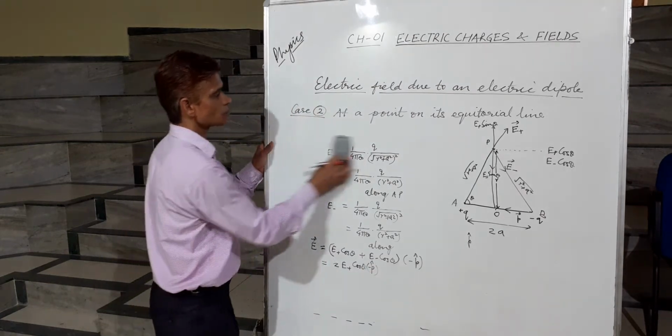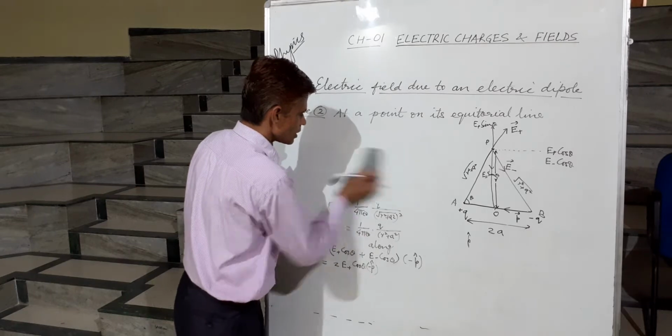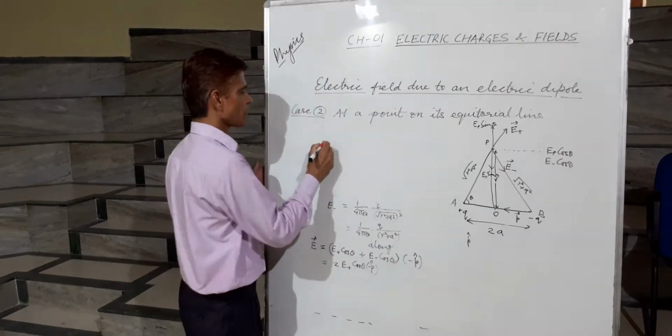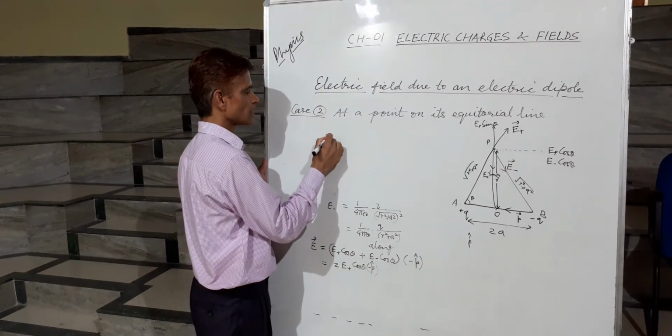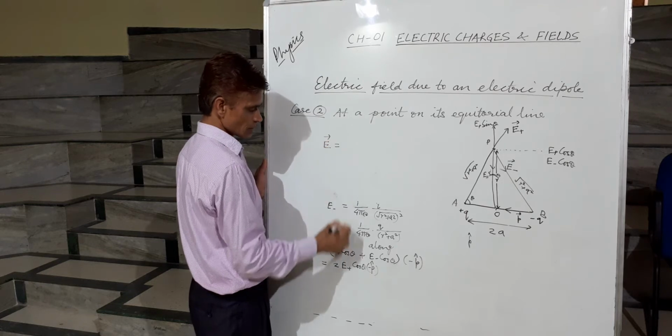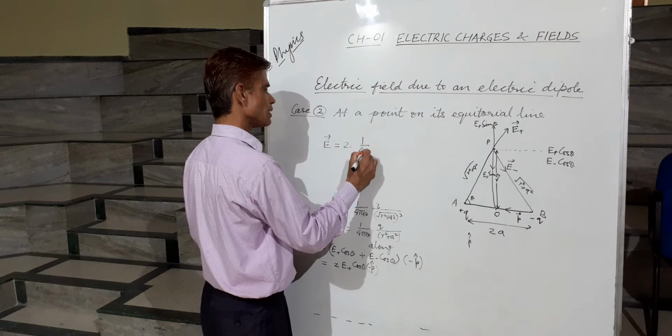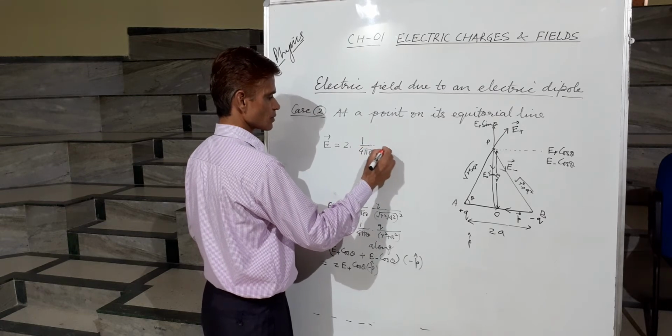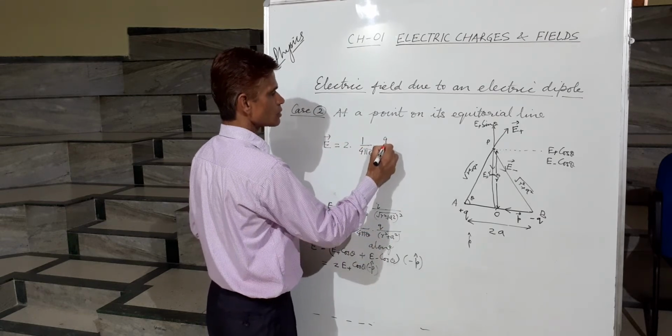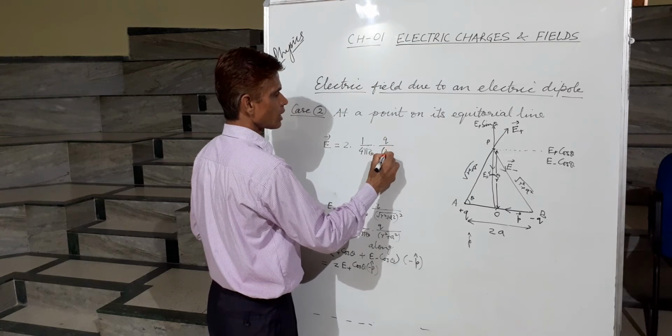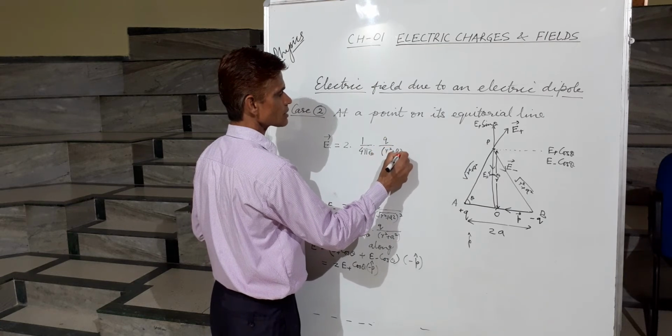Now this can also be written as vector E is equal to 2 into 1 by 4 pi epsilon naught q upon r square plus a square